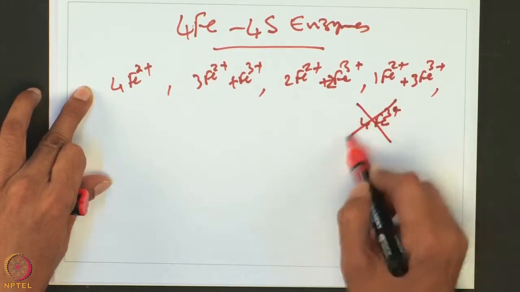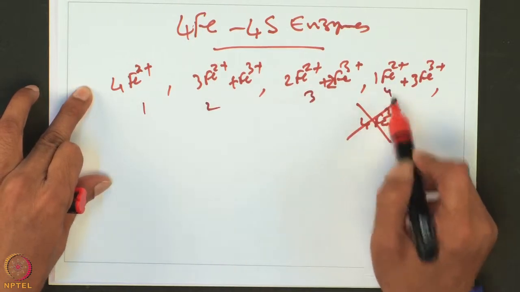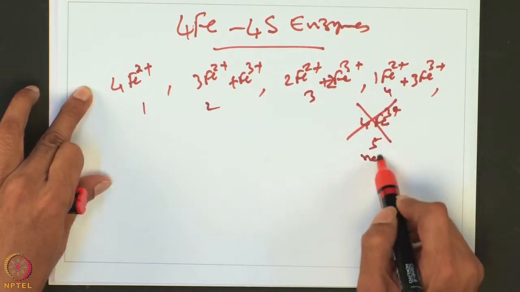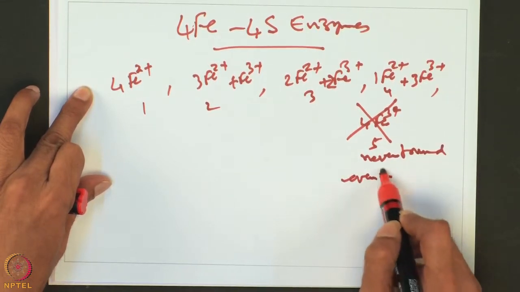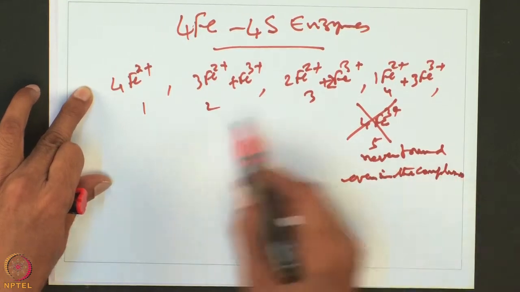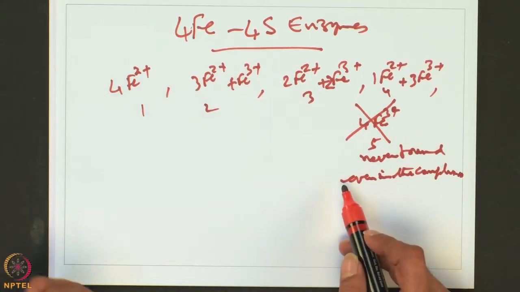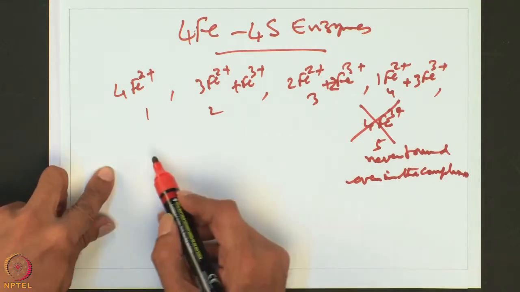This last one is never found, even in complexes. Only these 4 are found in the complexes, and of which the FD